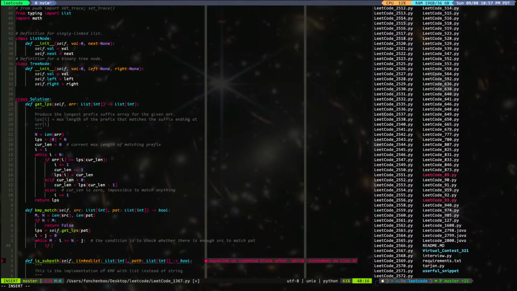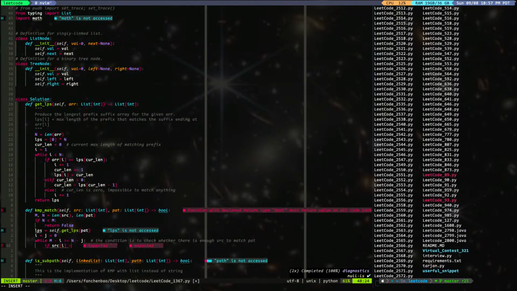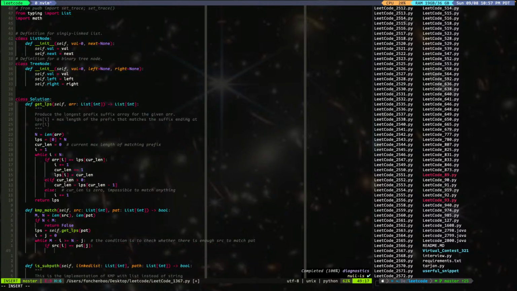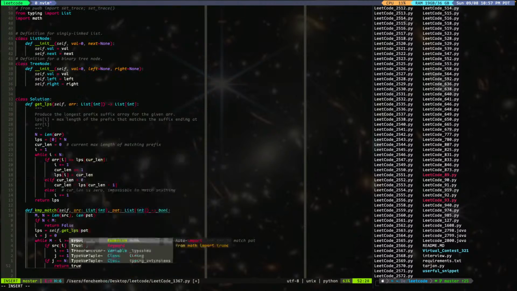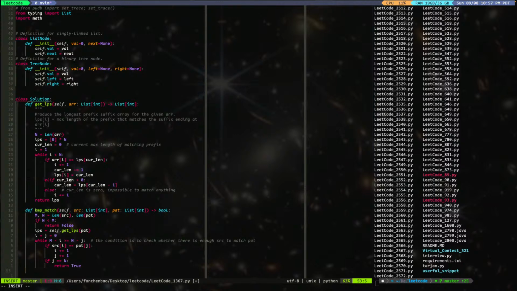We need to check. So if source I equal to pattern j, right? If these two equal, then move forward, right? And then if j is equal to n, so we get to the end, then we just return true. That's all we want. We just need to match. Then we have a match, right? So if j is not equal to n,